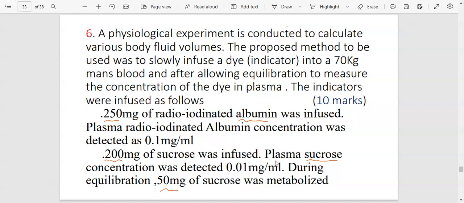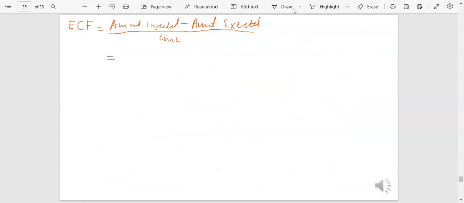For the sucrose, 200 was infused and then 50 was excreted. And we know that sucrose is used to determine the ECF. So that is going to be what was infused, 200 milligrams, minus what was excreted, 50 milligrams, and then we divide by the concentration